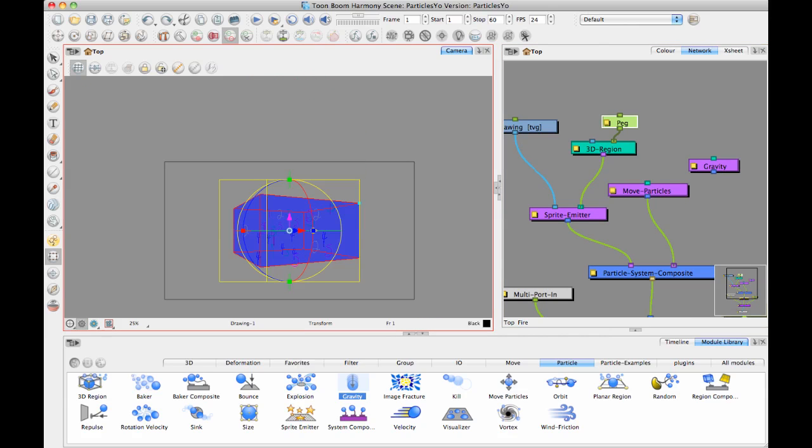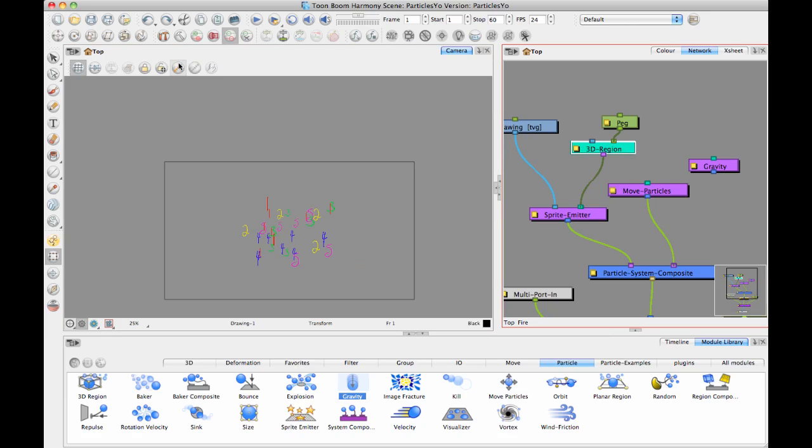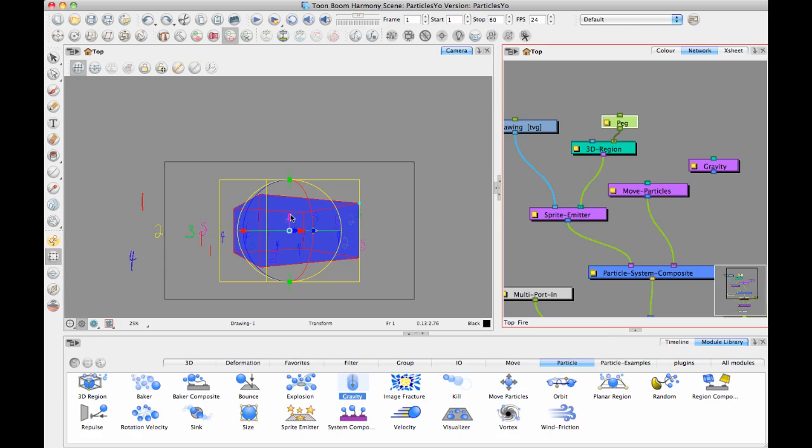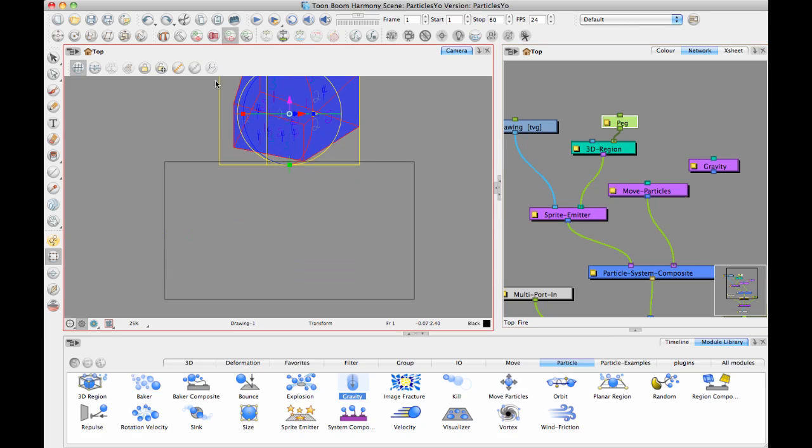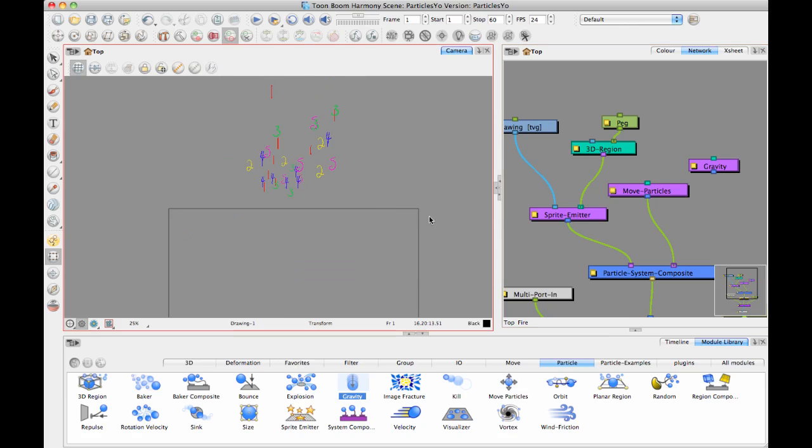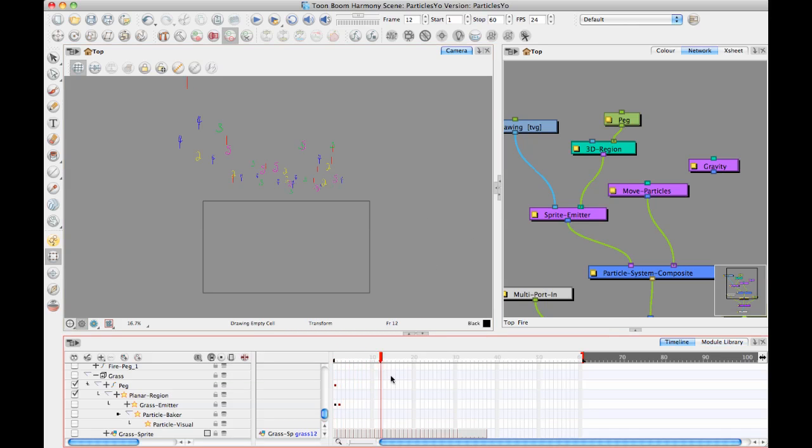Here, let's undo that for a second. Okay, I want to adjust the size of this region right here, so I can just move it a little bit like that. There we go. And then I'll just move the position of the region up. Turn that off. Okay. There we go. So now I've got all these particles that are being created kind of at the top, but